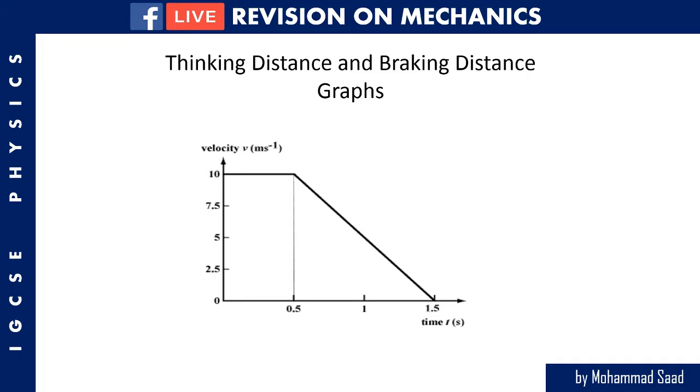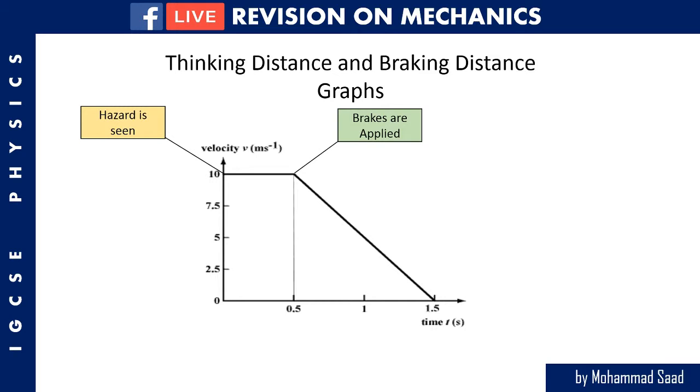Now let's come to the graph. This is the graph that is most commonly asked in IGCSE exams. So here you can see the car is initially moving at 10 meters per second. So basically at this point the car sees the hazard. Then after traveling, and in this case we will assume that the car is moving at a constant speed or constant velocity, at this point, when 0.5 seconds has elapsed, the driver has finally applied